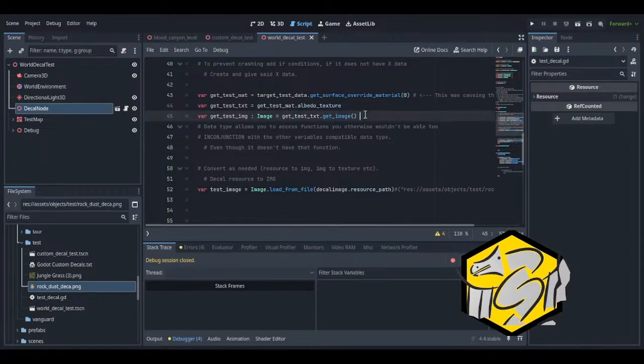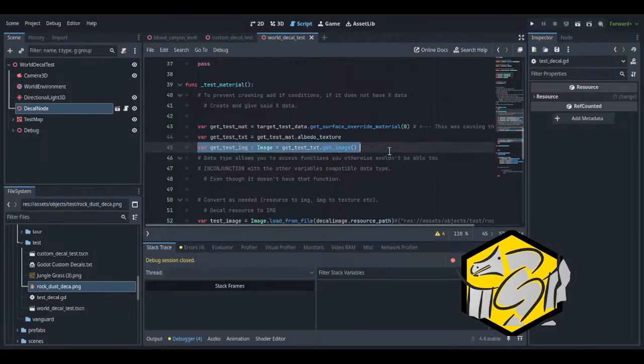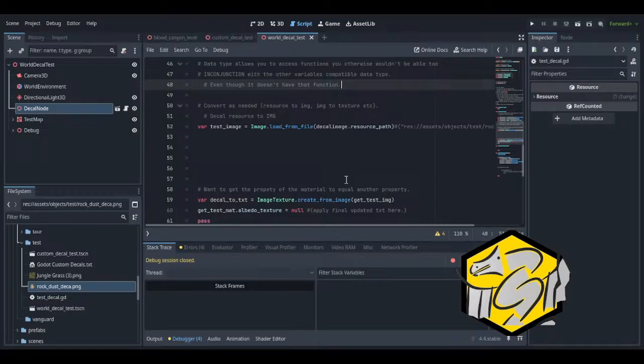Maybe, I don't know. It didn't work up here, which implies that it does not have this function. But we know image has it. But we'll try that. So we have an image now.